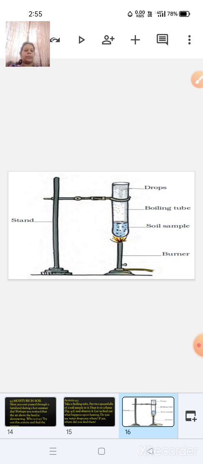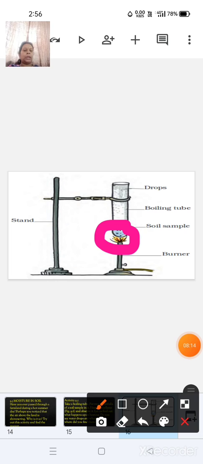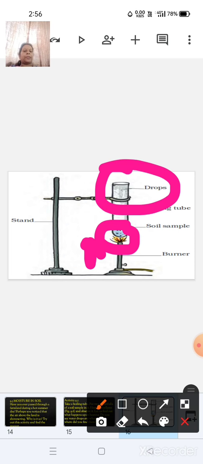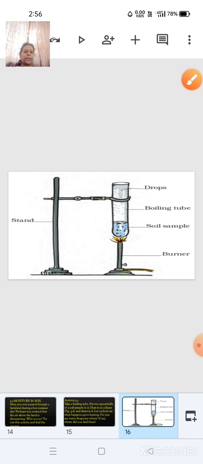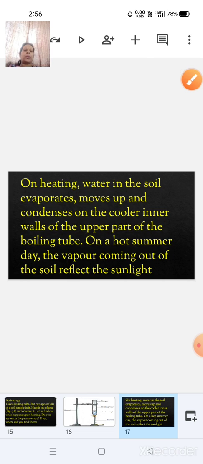So here we can see the sample of the soil at the bottom of the test tube. Here we can see how we are burning, that is, heating it. And here we can see that it has started boiling, and we can even see the droplets of water. So this is how we are going to arrange that test tube. Here we find that on heating, the water in the soil